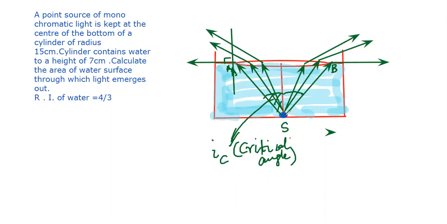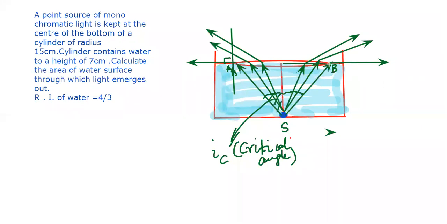This is also known as the fish eye view. If a fish was there at the source, the view would have been in the form of a cone. You can see very well, this is the form of a cone. Our work is to find out the area bounded by this particular circle. In order to find that, we need to find the radius of this circle.